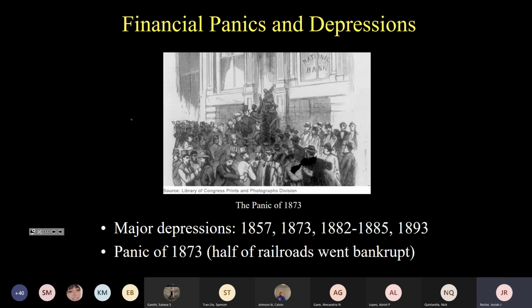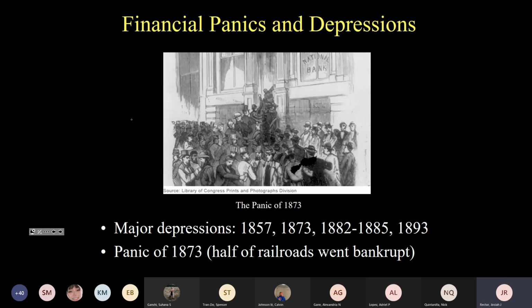And by the middle of the year, about half of American railroads had gone bankrupt. And within a year, about 4 million people had lost their jobs. 1 in 5 workers in the US lost their job during the Panic of 1873, which lasted for about 4 years, or the subsequent depression. It got to a point where so-called tramps and hobos, essentially homeless people, became a common sight in American cities. Homeless encampments sprung up everywhere. About 1 million vagrants were arrested in 1877 alone.